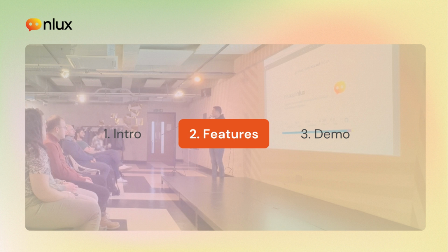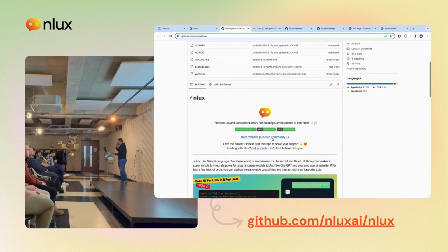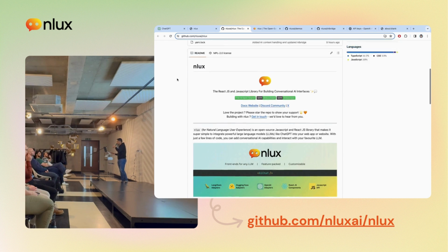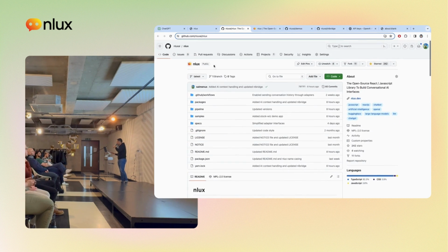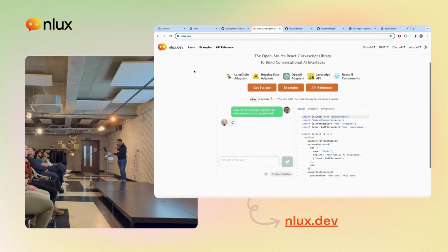So in tonight's demo, I'm going to talk a little bit about the library and hopefully do some live coding. So this is the Git project for NLUX, nlux-ai/nlux. If you check the GitHub, please star it and give some support. The website is nlux.dev,